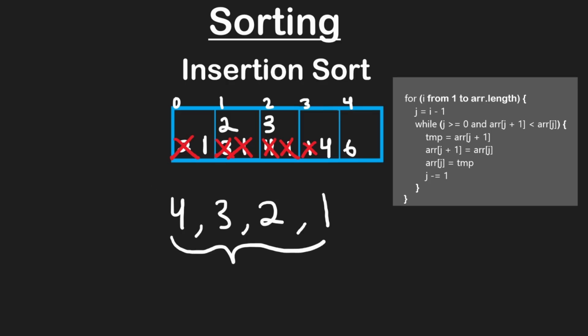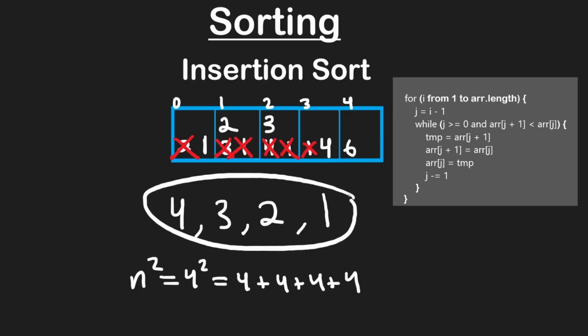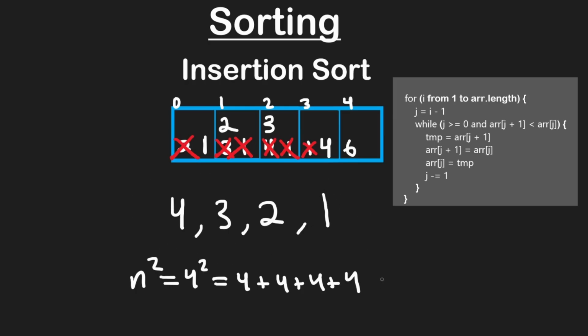Now for an input size of 4 in this case, n squared time complexity would look like 4 squared, because the length is 4, which would be something like 4 plus 4, right? Added together, how many times? Well, 4 times. That's just the math formula here. But this isn't that. What we were doing right now was actually a bit different. What we actually have is something like 1 and then plus 2 and then plus 3 and then plus 4,